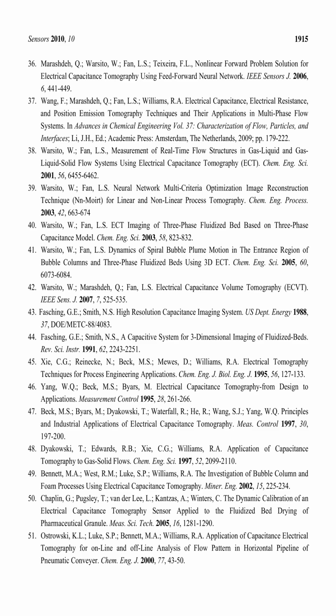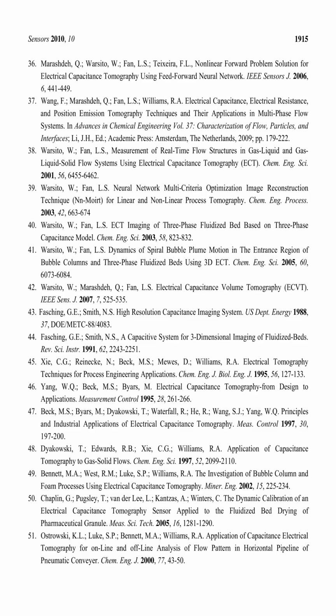525-535. 3. Fasching G.E., Smith N.S. High-Resolution Capacitance Imaging System, U.S. Department of Energy, 1983, 37, DOE/METC 88408. 4. Fasching G.E., Smith N.S. A capacitive system for 3-dimensional imaging of fluidized bed. RSI 1990, 62,